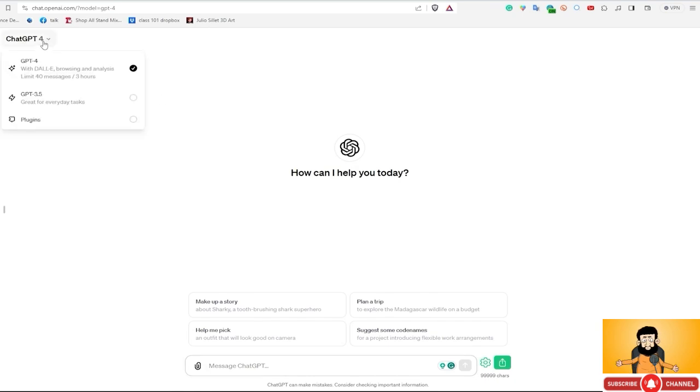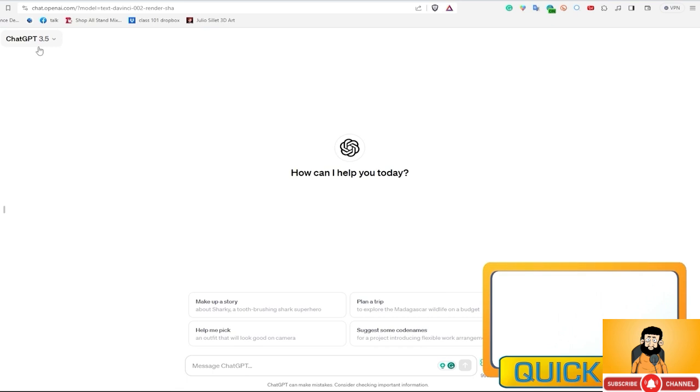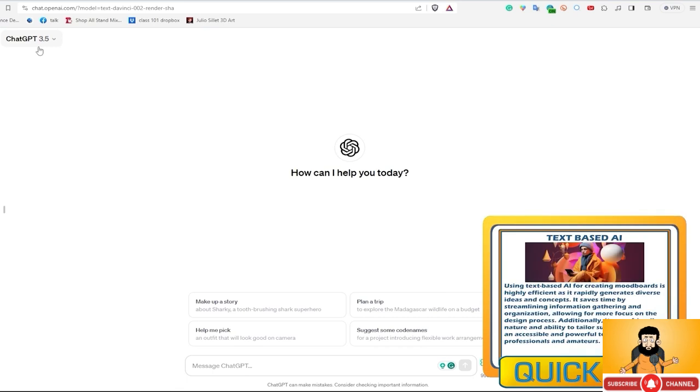You can see that we have ChatGPT 4, but we also have 3.5. 3.5 is actually free, and it is actually good enough to do whatever you want. You really don't need to pay for this. It's also free. So what I'm going to do is I'm going to go to message, and I'm going to